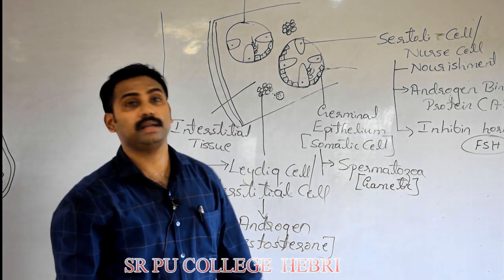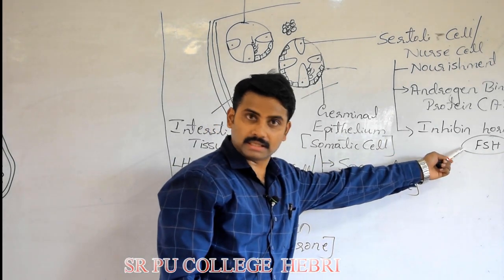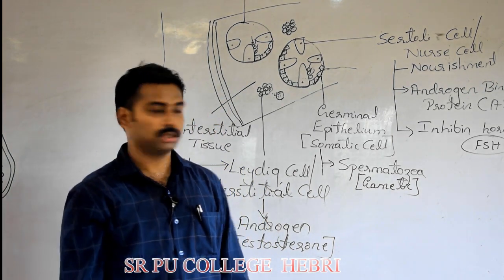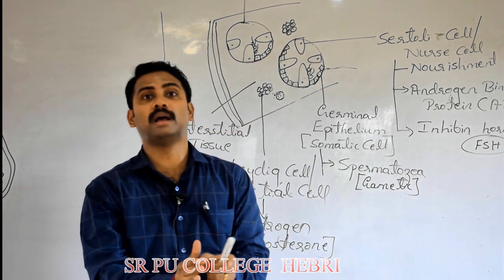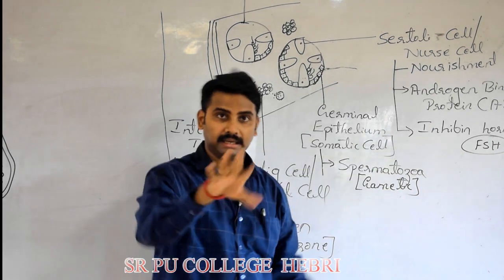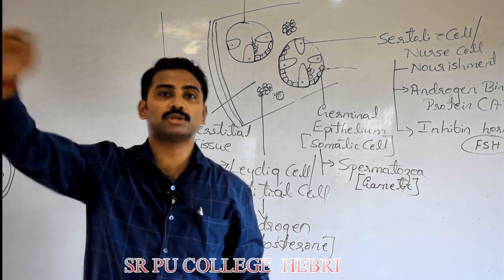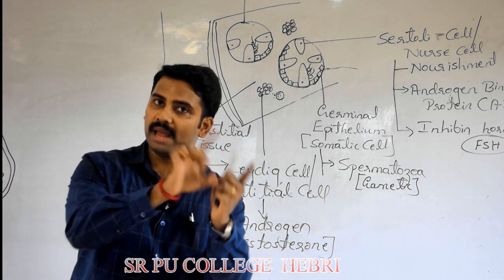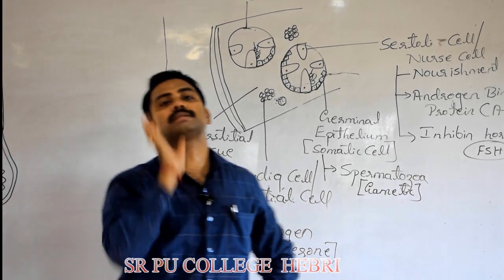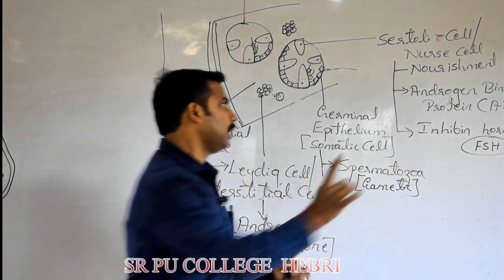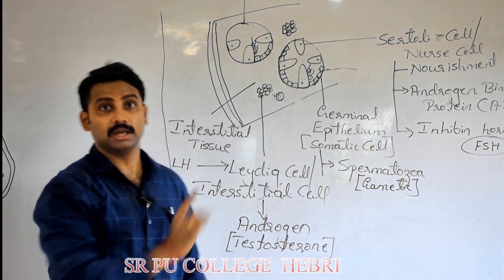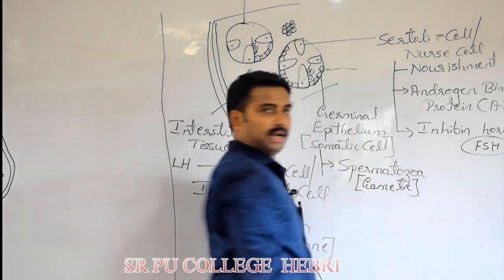FSH. This was a 2018 NEET question. Is it there in the NCERT? No, but it appeared in the exam. It is very important. And one more point, inhibin is found not only in the male, it is present in the female too. We already know in male it is secreted by nurse cell. In female, where it is produced, we will see in the next session. It may be male or female. Try to understand, the job of the inhibin is always the same. Both in male and female, inhibin always inhibits the production of which one? FSH. It appeared in the NEET. Note it down separately. Is that clear?